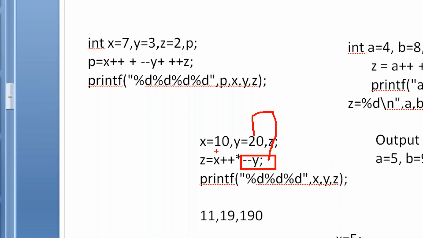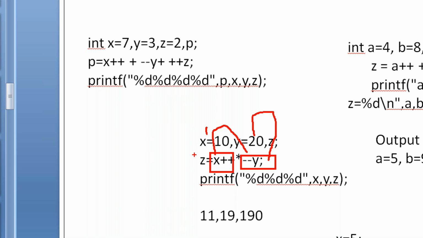Next, x++. Here we have ++, multiplication, and --. The first priority goes to the ++ and --, and only then is the star simplified. So x++ means 10. 10 into 19, how much is it? 10 into 19 means 190.